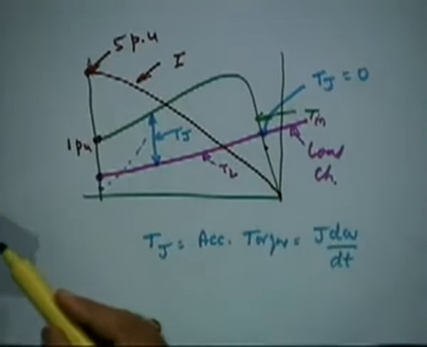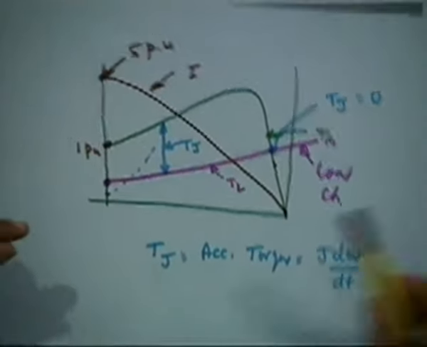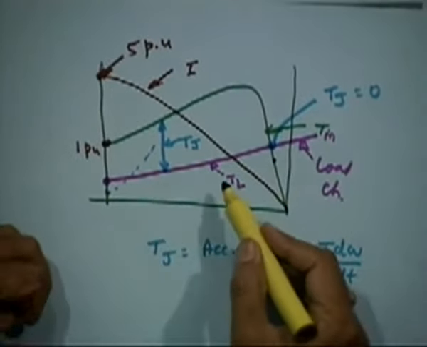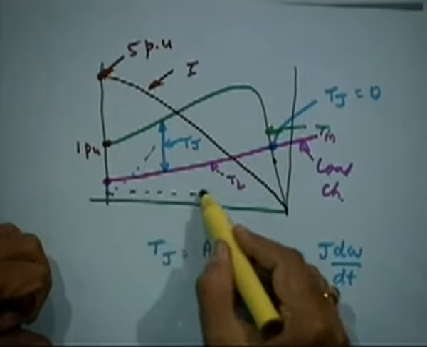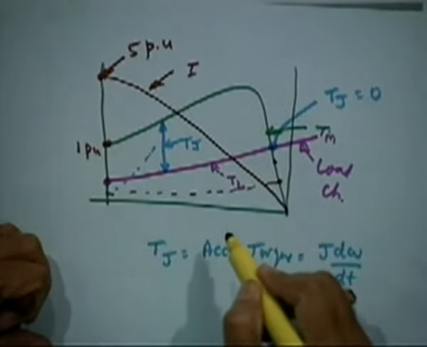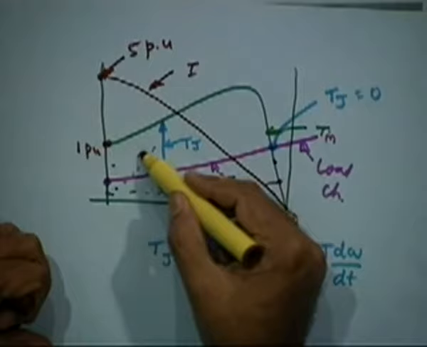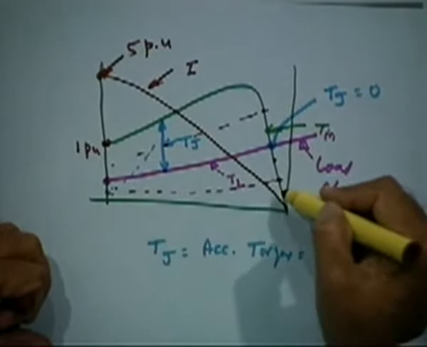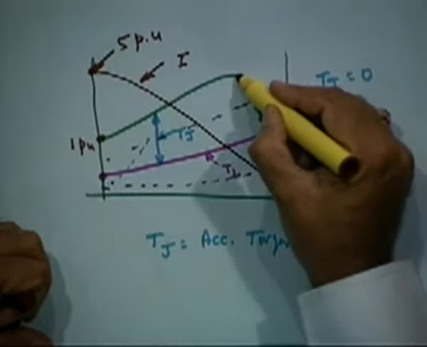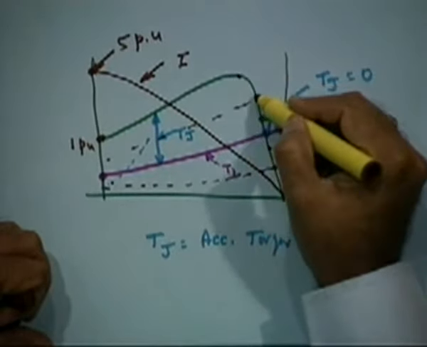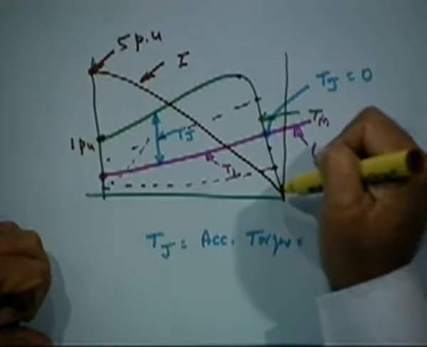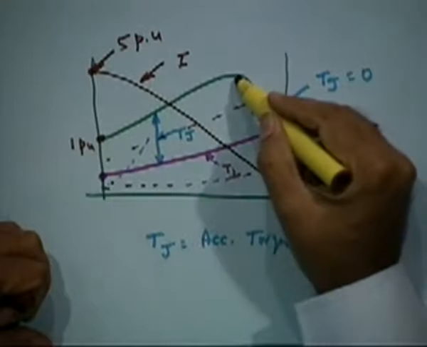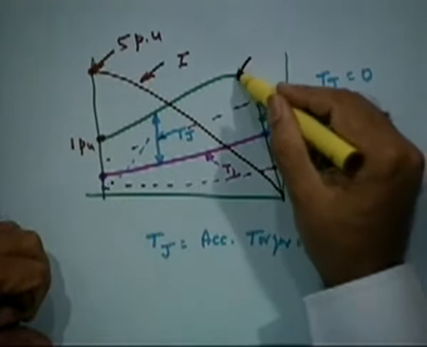So you will notice that if the same motor is connected to different loads, this may be one load or a fan load. Maybe there may be another load which is much lower, then it will operate somewhere here. Or it can have some load somewhere here, it will operate somewhere here. So there could be different operating points of the motor, but it cannot go beyond T max. So you will notice the operating point is the intersection between the load torque characteristics and the motor torque characteristics, and it cannot be in this zone also, it will be from 0 to T max only.